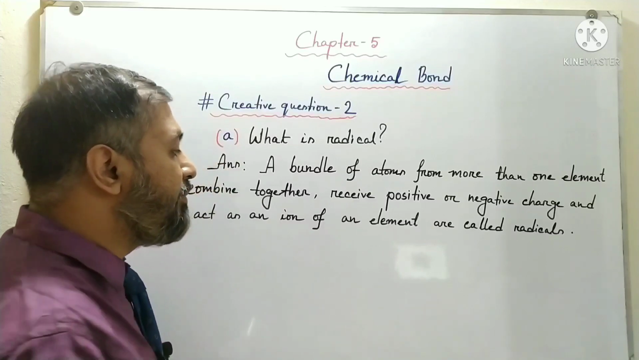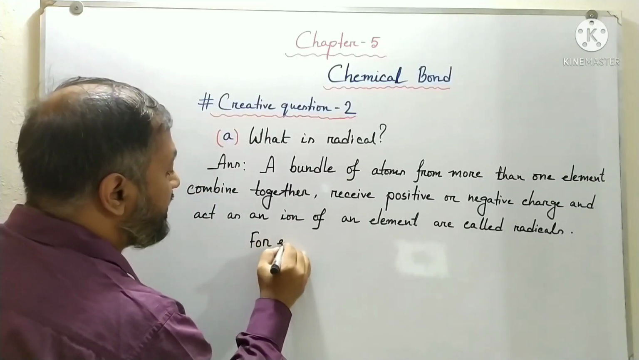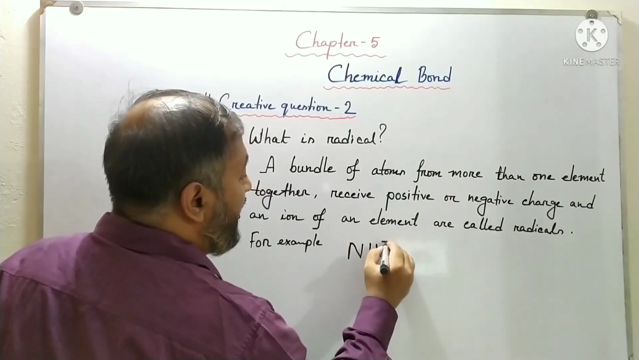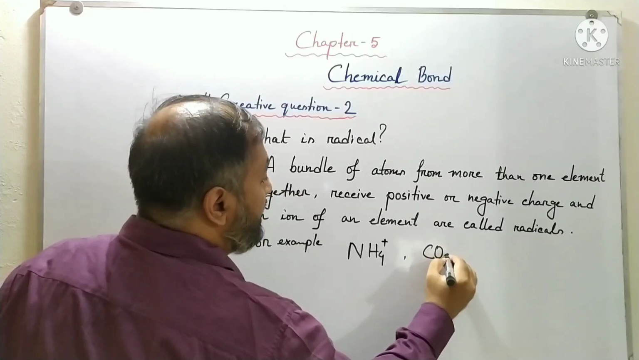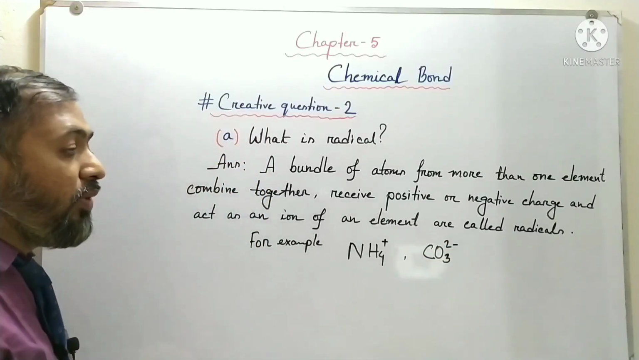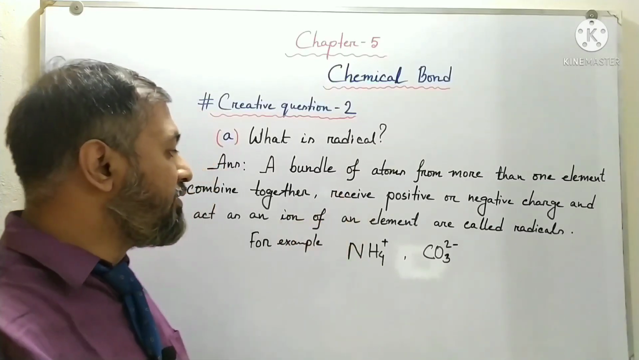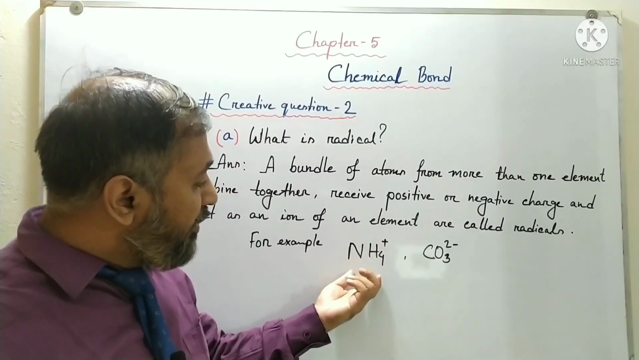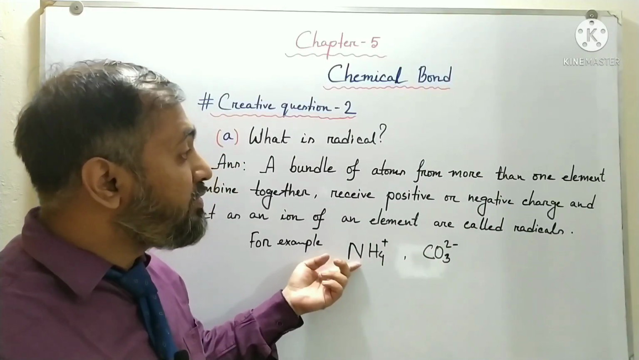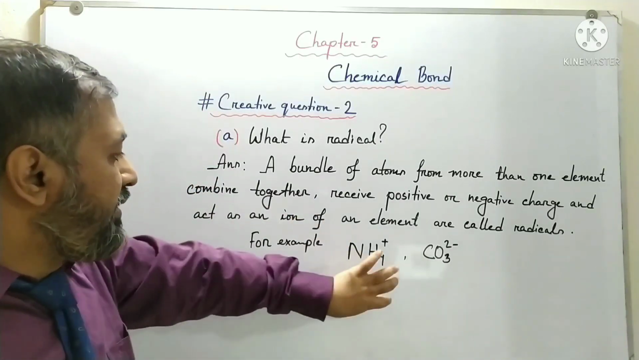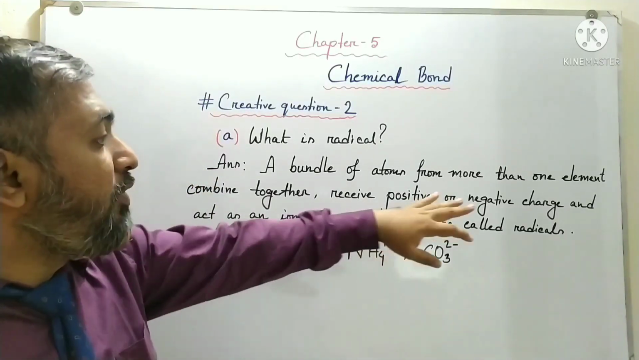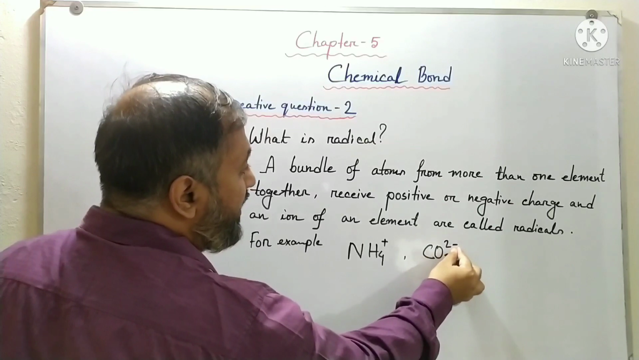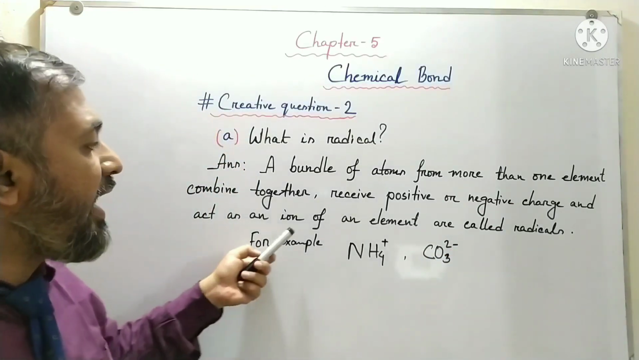So I'm going to give you some examples of radicals. You can see, for example, this radical is known as ammonium. Similarly, this radical is known as carbonate. So what is the similarity of that example with the definition? A bundle of atoms from more than one element. Here you can see a bundle of atoms where 4 hydrogen atoms and 1 nitrogen atom are combined together. All these combine with each other and receive positive or negative charge. In this case ammonium has a positive charge and carbonate has 2 negative charges, acting as an ion in